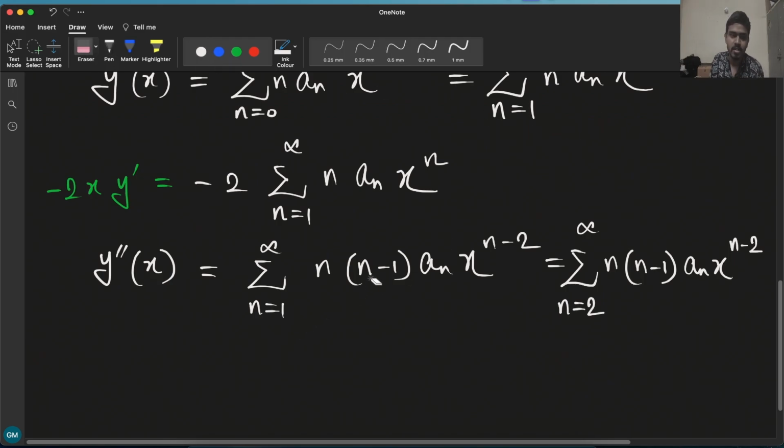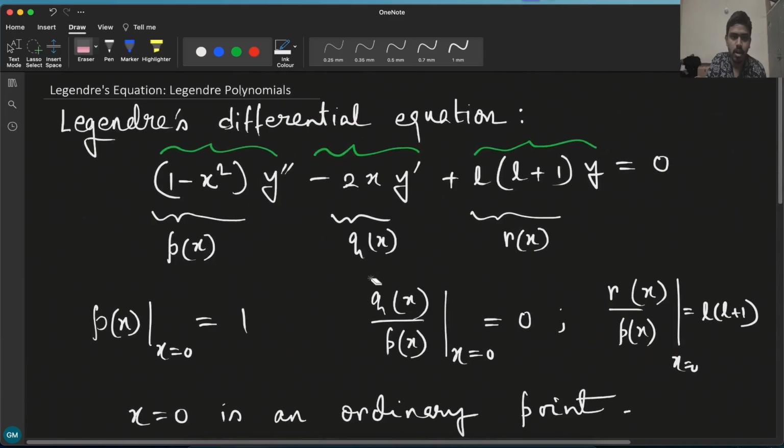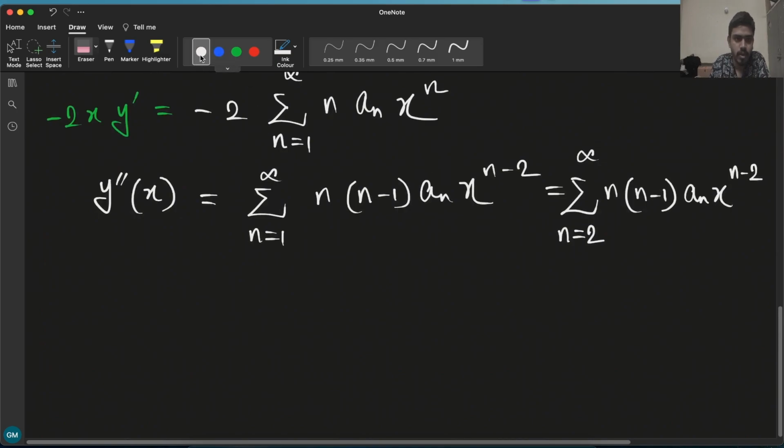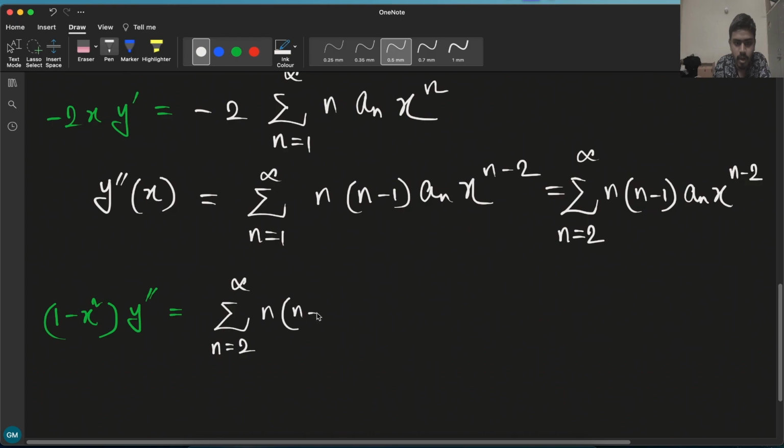So this is our y double dash, and now the first term is (1 minus x square) times y double dash, which equals 1 times this factor, this summation. So it is just this summation, n equals 2 to infinity, n into (n minus 1) a_n x to the power n minus 2,